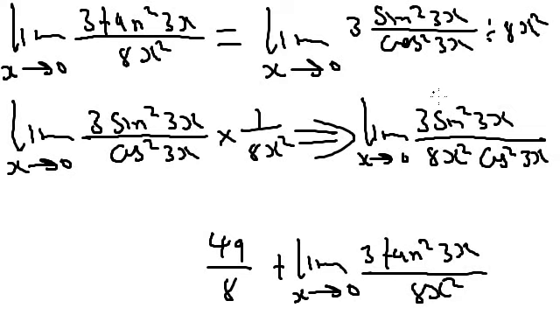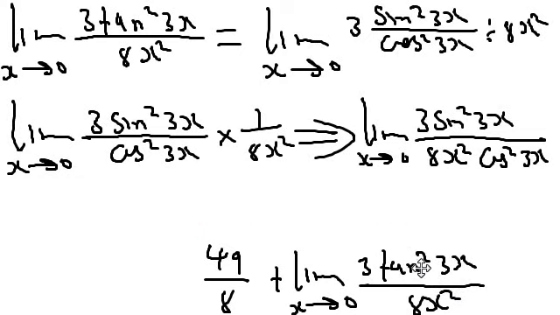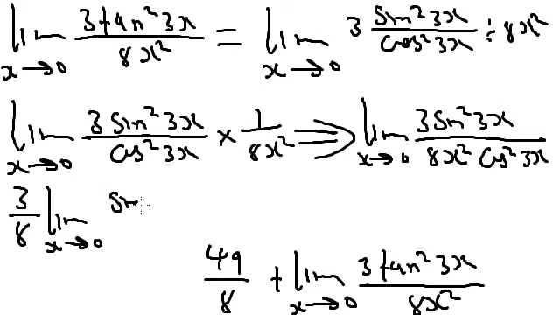Now, just like before, first let's take the 3 outside and the 8 outside, to the front of the limit. They are constants, so they can definitely come to the front of the limit. Therefore we can have the limit. Let me put it to the front first. We can now have 3 over 8, the limit as x approaches 0 of sine squared 3x divided by